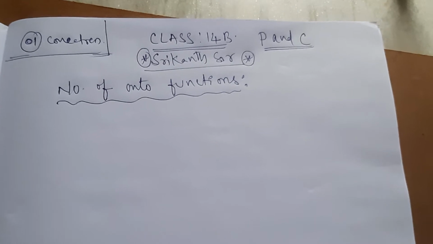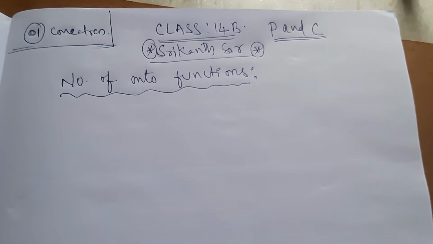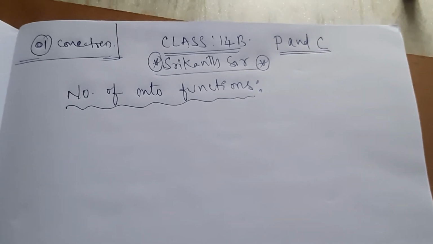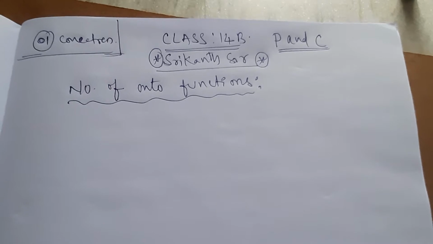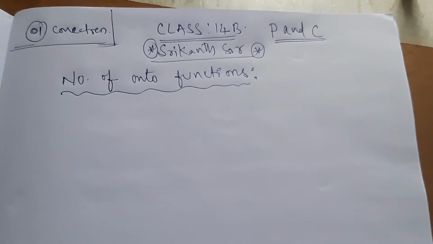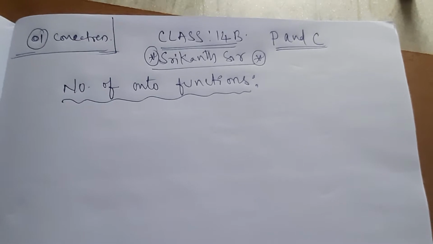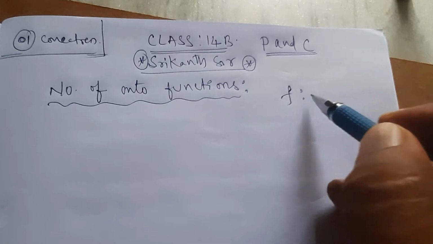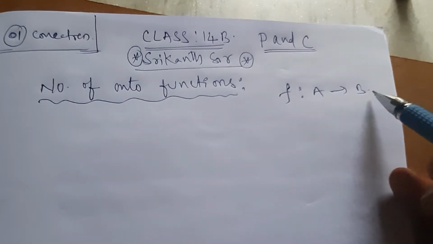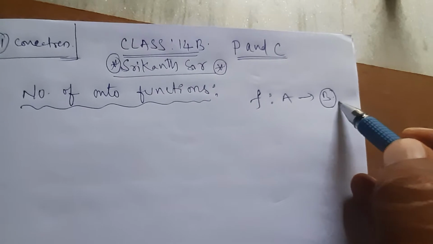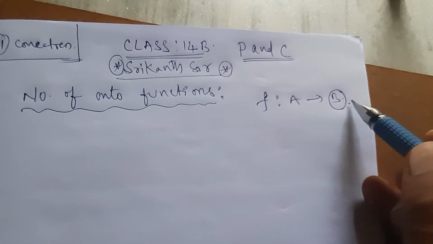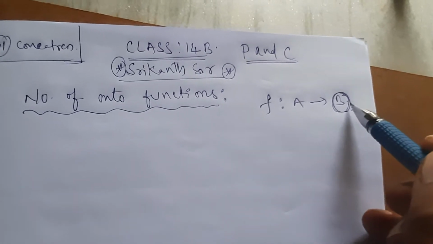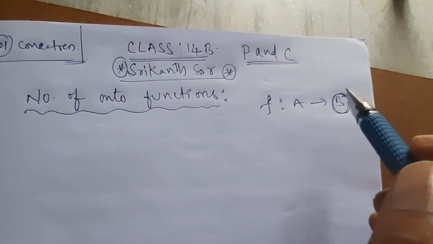Today, in this class, I will explain the concept of the number of onto functions. Permutations and combinations, that is, the number of onto functions. When we taught the functions chapter, if f is an onto function from A to B, and set B contains two elements, we gave the number of onto functions formula. But if the set B contains more than two elements,